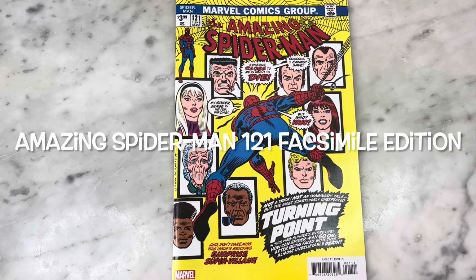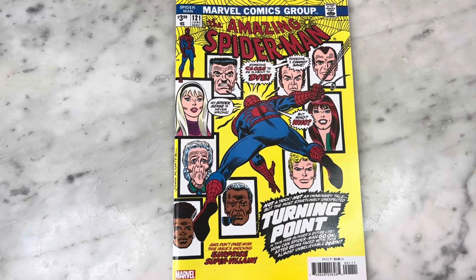Michael Troy here. Today we're looking at the Amazing Spider-Man Facsimile edition from issue number 121. Spoilers, the famous issue where Gwen Stacy dies. This facsimile issue just came out this week, and the irony, the timing of cover artist and interior inker and